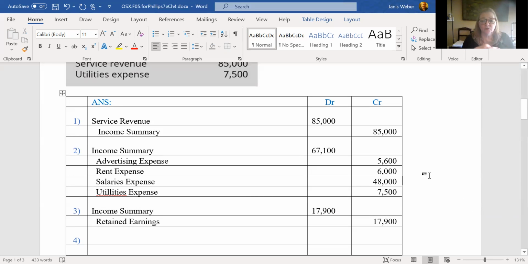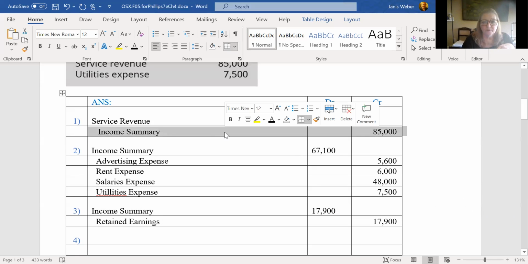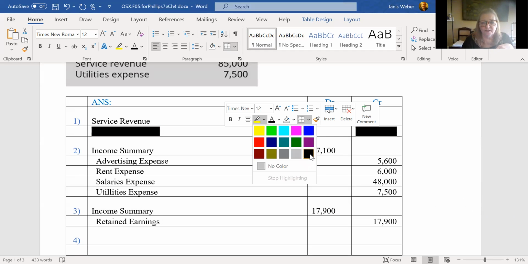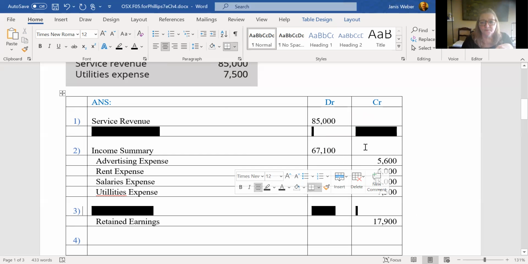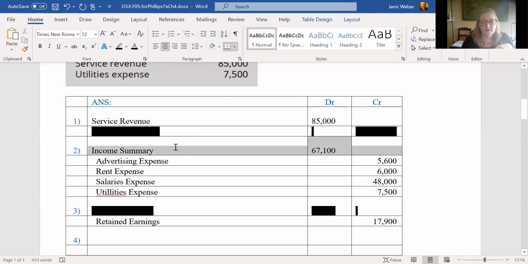And that means income summary had a credit balance of 17,9. So we're trying to wipe it out and dump it into retained earnings. So we're debiting income summary and we're crediting retained earnings. You could have combined these by just deleting the entries to income summary and making it one entry. I'm going to show you by just blacking out income summary in every case. Income summary, if it disappeared in all 3 cases where we've got it, you'd have exactly the same results with